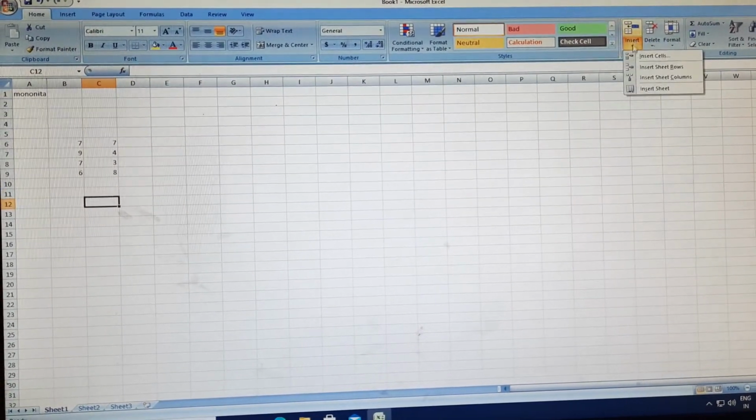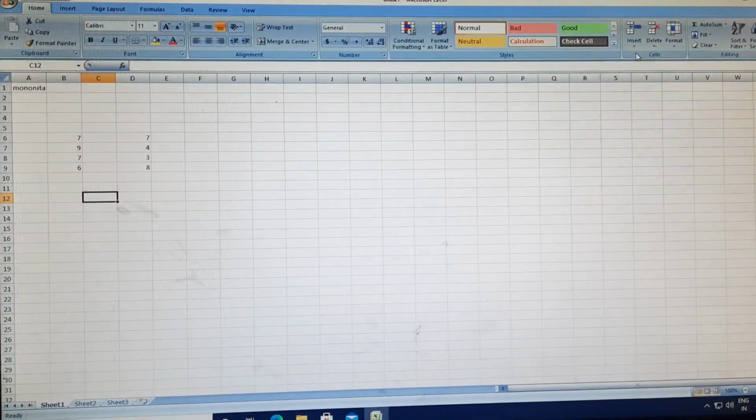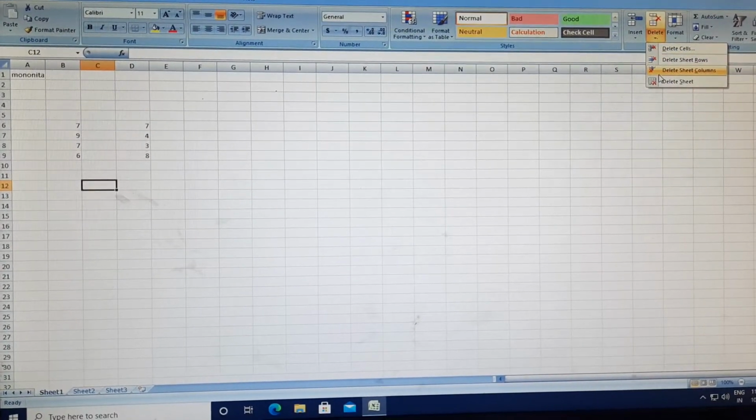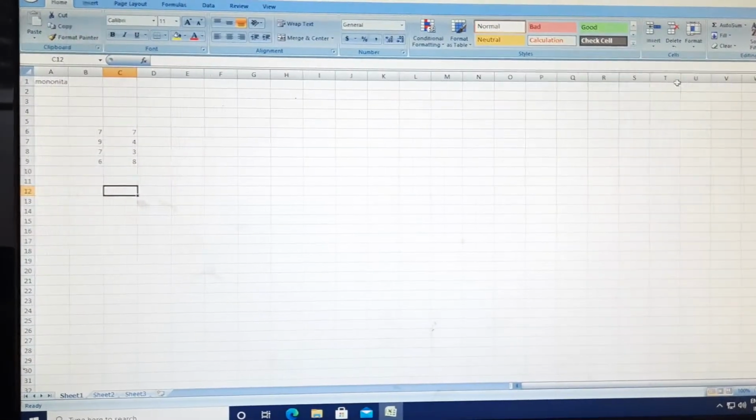If you want to delete that column, just go and delete the sheet column. That column will be deleted.